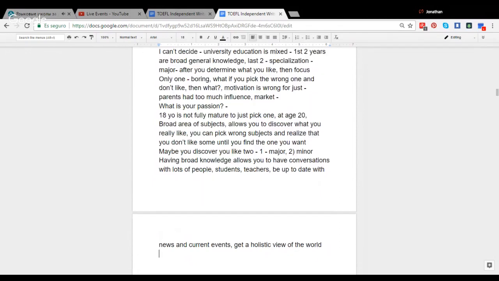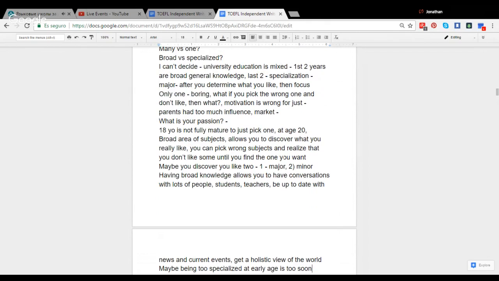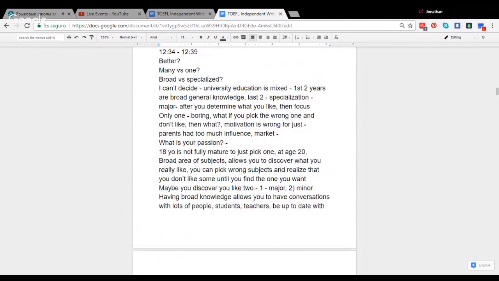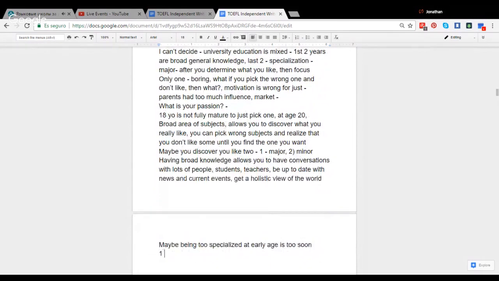So maybe being too specialized at an early age is too soon. University students need to get a broad knowledge, get an understanding of several subjects, and see how those subjects relate to each other and to the world. Whereas if they only do one thing and that's the only thing they're good at, it might be too narrow. So yeah, one subject might be too narrow,